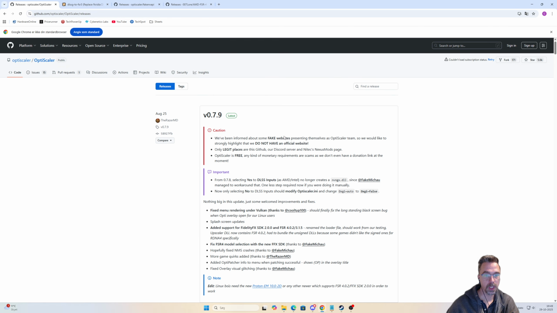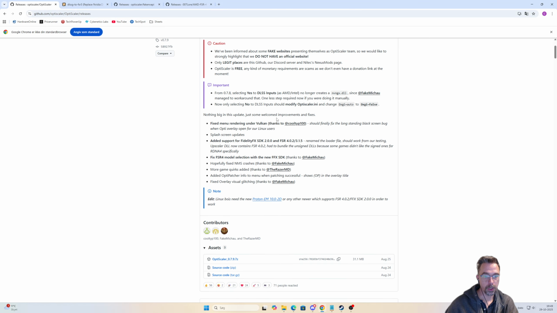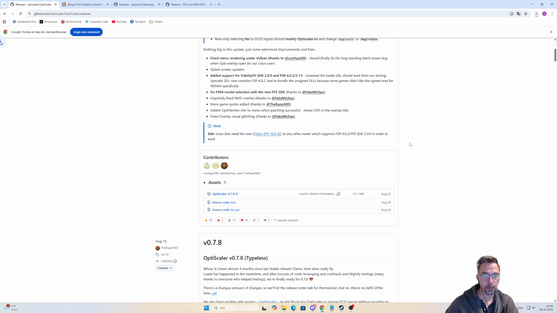Maybe in the future there will come a nightly build again that is better than the current one, and you have to keep an eye on that, or maybe watch out for YouTube videos that will tell you it injected some feature you want, maybe. So we go here, we download the Optiscaler, and it will come down to my downloads folder. Then you go